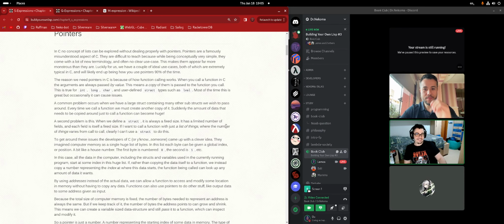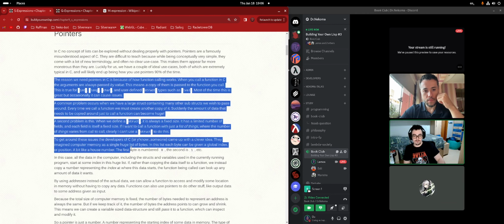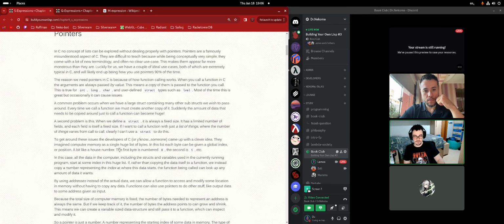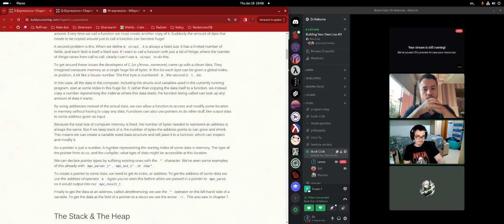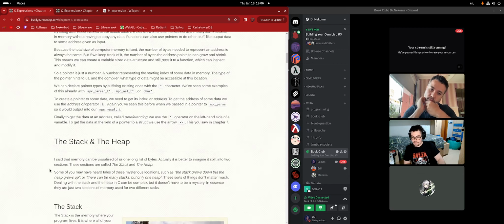Okay, so this is the part that he said in the beginning that we're going to talk about pointers later. So this is that part. This is going to be very wasteful in terms of memory if you do copy by value. And in fact, there are some situations like dynamic arrays where you actually cannot do copy by value because they don't have a fixed size. So on and so forth. I think everybody here knows about this.